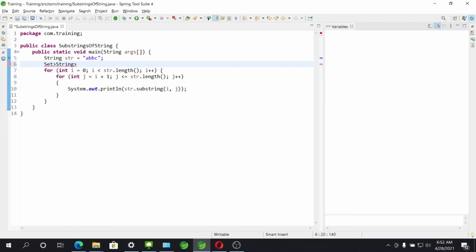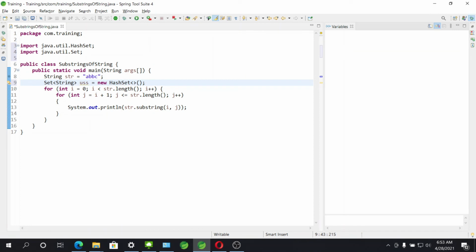We'll call it uniqueSubstring and initialize it with a HashSet. Let's press Control Shift O to organize the imports, and it will import all the required packages, the Set and the HashSet.